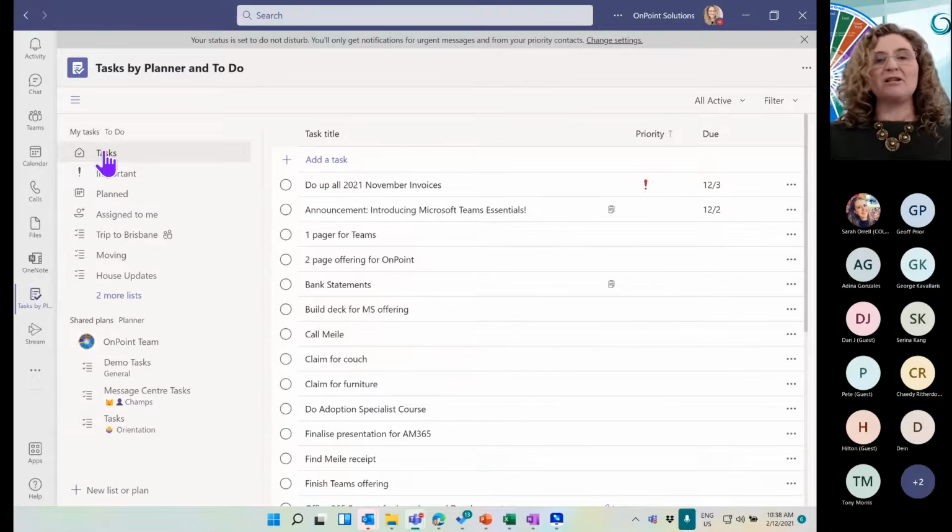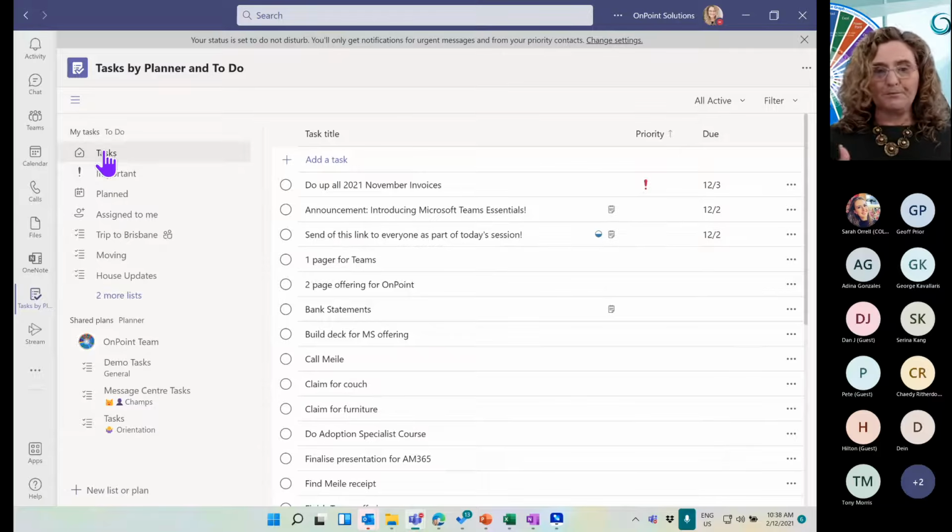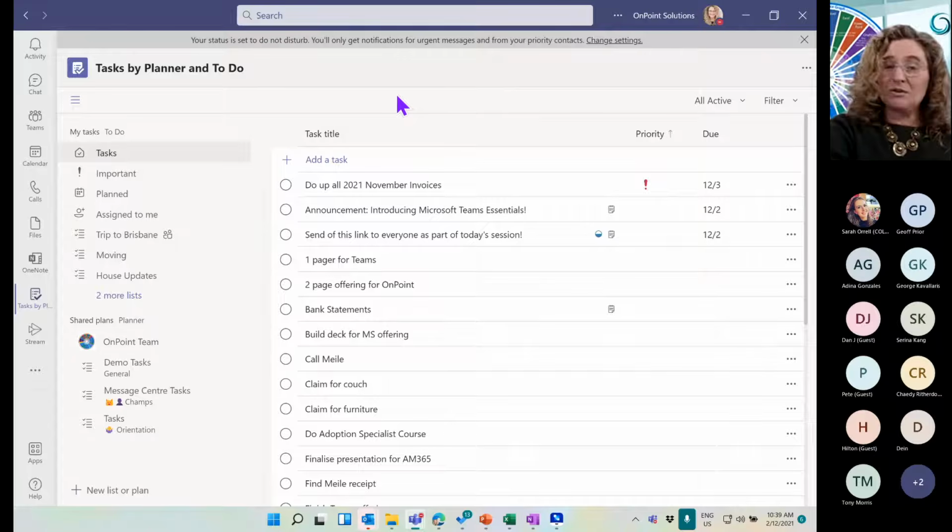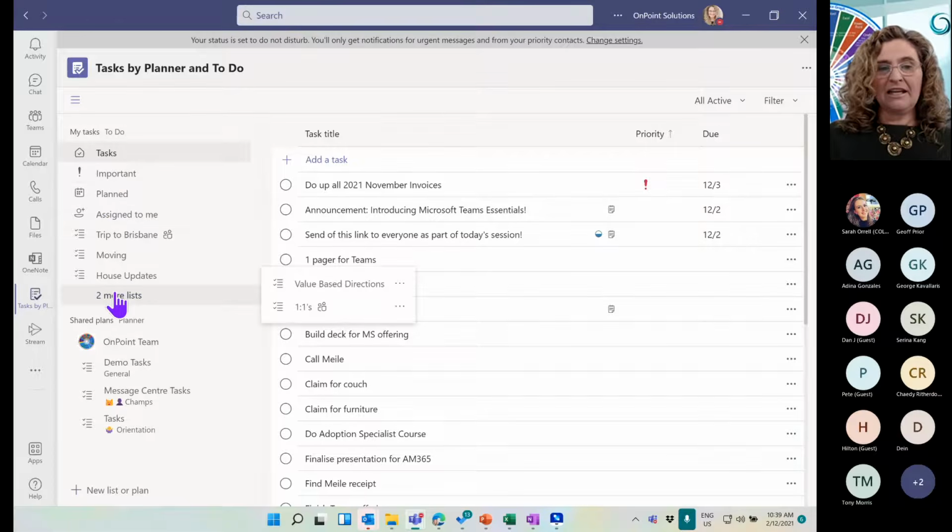So Teams is very much about a place where you go to do. You'll start to see here the send the link, the announcements, the doing up. So I will be in here doing my work, chatting with my team members, focusing on what I need to do. One place to go to get my work done. Yet I can still do it from my mobile phone on the app. All these features and functionalities are there. There's the list. And here's also my one-on-ones, for example.